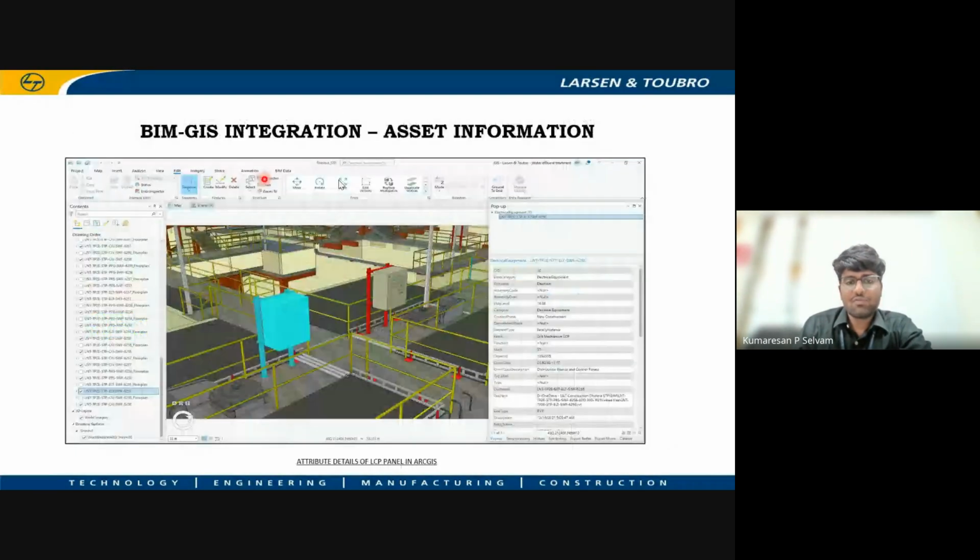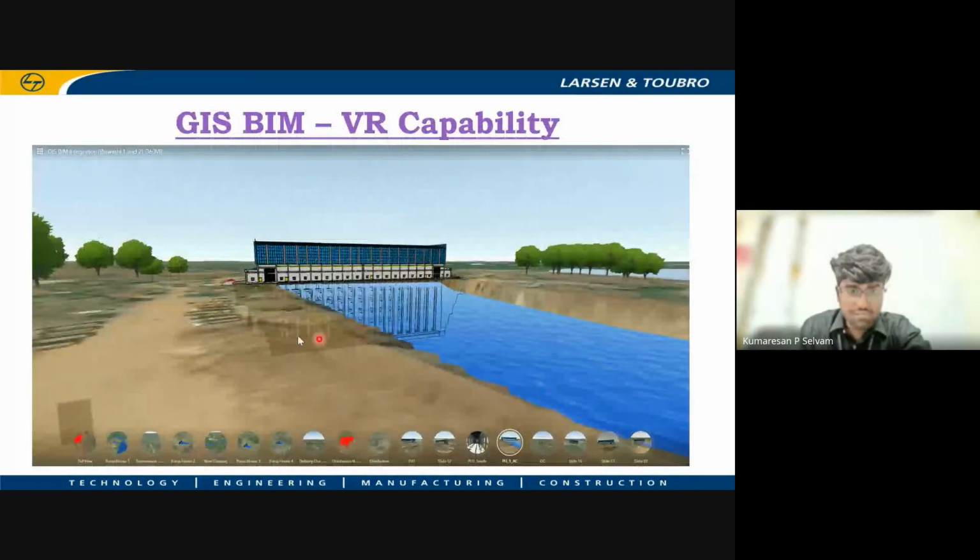And asset information, as I told you earlier, all the asset information will be recorded in BIM-GIS. VR capability: BIM-GIS has the capability of VR walkthrough also. Once the model is hosted in a VR software, these are all the locations.